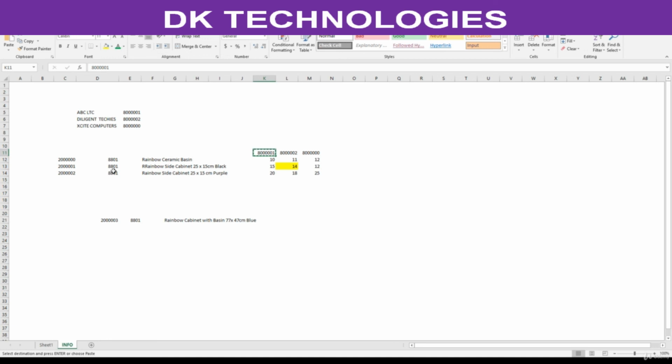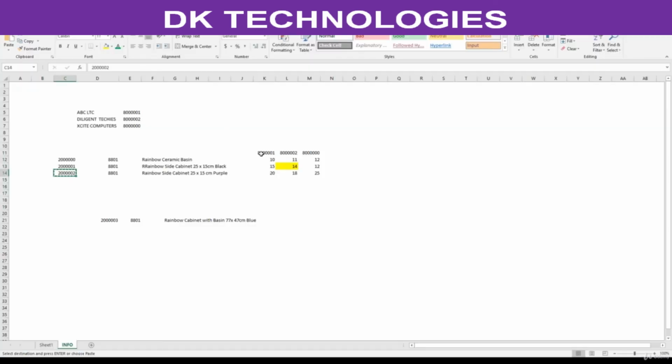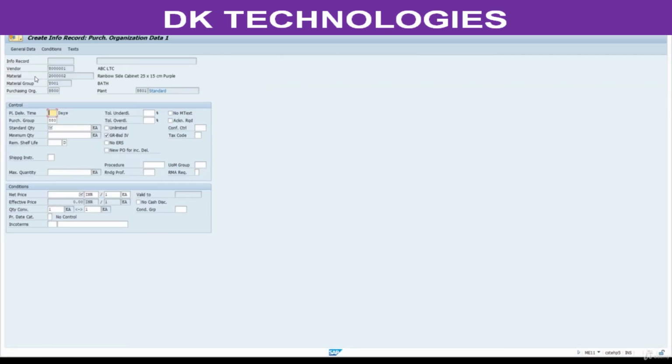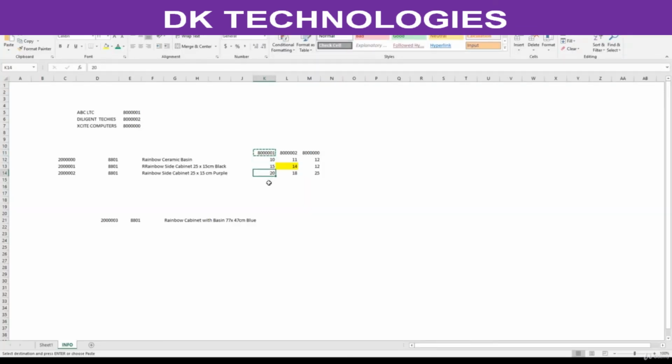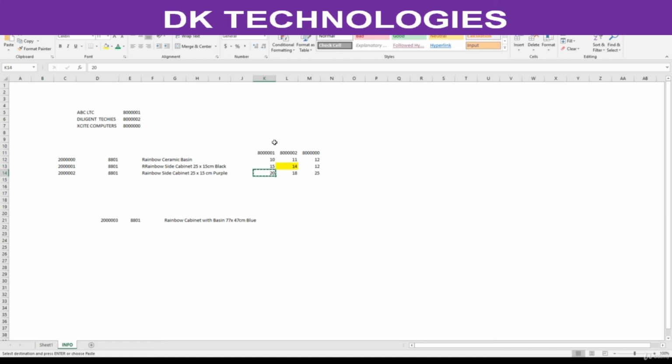Now for this article, press enter. Price is 20. Save this. Change the vendor.